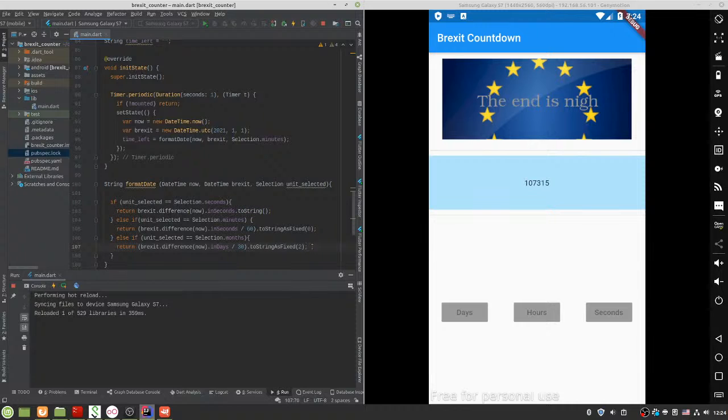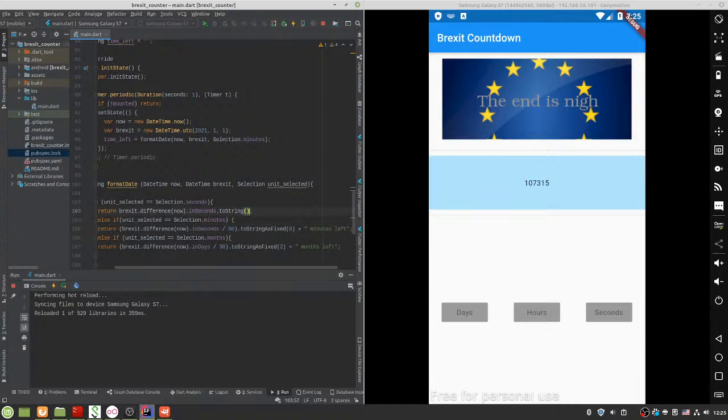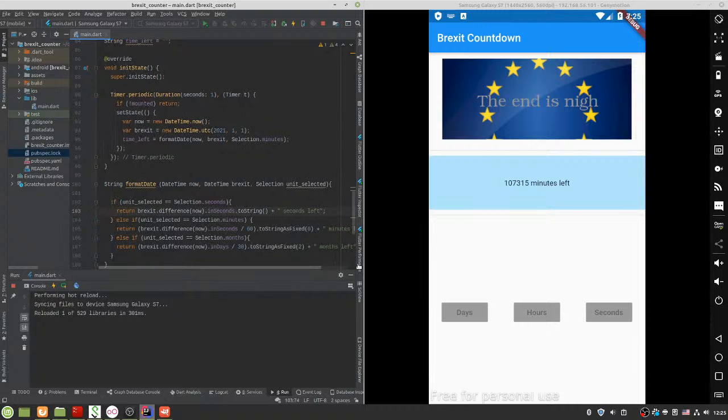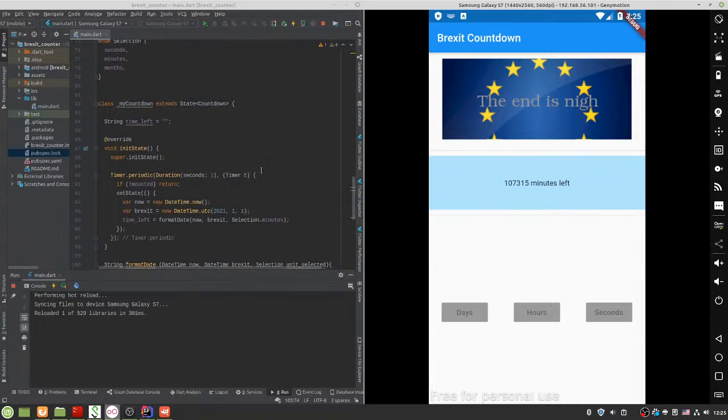Okay, so now what this means is, but it actually plus minutes, months left and seconds left. Okay, so that kind of, alright, so now I need to, when I touch these buttons,